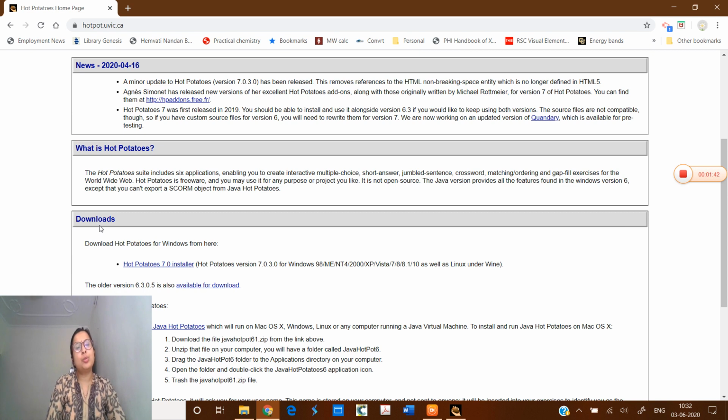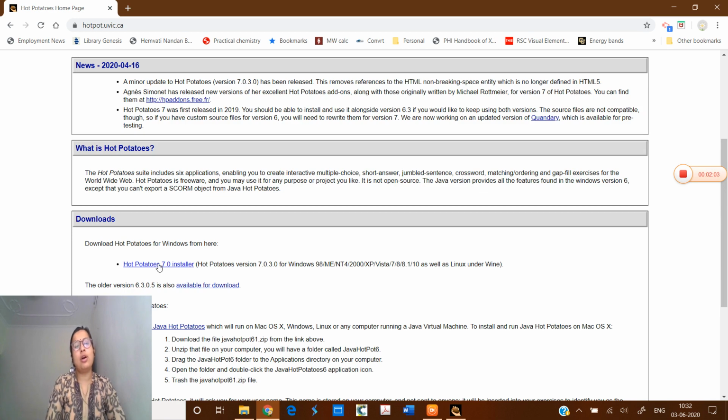In this download option you have to click on the Hot Potatoes 7.0 installer. When you click it, your file will automatically start downloading. That will be an .exe file, an application file. You have to run it to install your Hot Potatoes software.